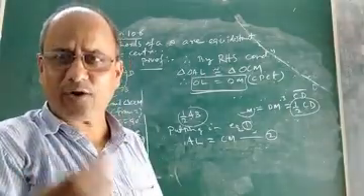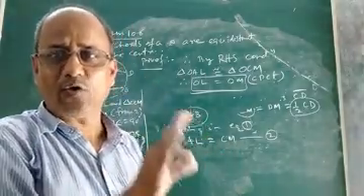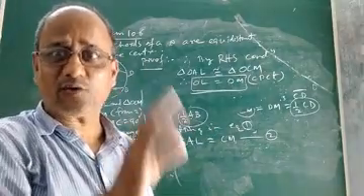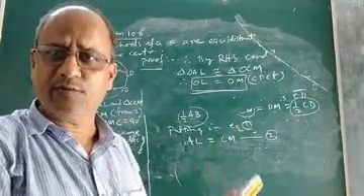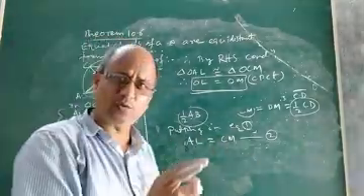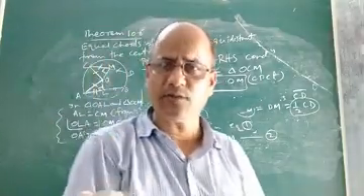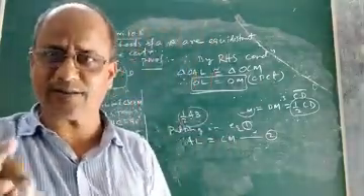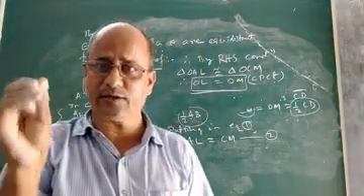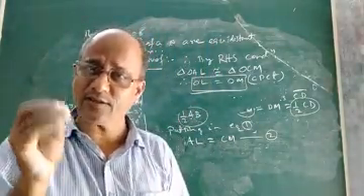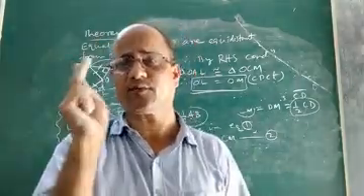And what are OL and OM? They are nothing but the distances of the two equal chords AB and CD from the center. Thus we proved that if two chords of a circle are equal, their distances from the center will also be equal. Children, I hope you understood this theorem, 10.6: how to prove that if two chords are equal, they are equidistant from the center. This is the relationship between two equal chords and their distances from the center.